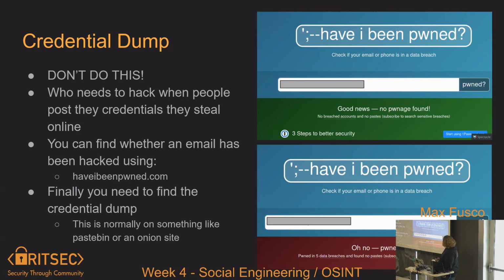The website is haveibeenpwned.com. It sounds sketchy, but you can put in your password and it will check to see if any of the dumps contain your password, so you know how secure it is. I generally would trust Have I Been Pwned, but it is a little bit sketchy that they're doing that.